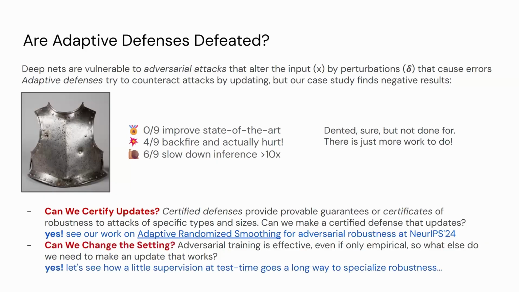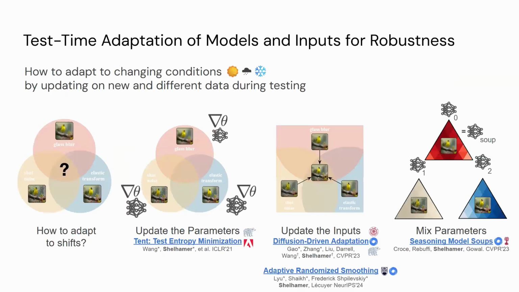And now for changing the setting, there's also something we can do here that I want to show you briefly, where we're going to need a little supervision. So like a few shot number of labels. But with these labels, we're going to be able to specialize our robustness, even after training, to do better. So while these adaptive defenses failed because they're purely unsupervised, there are other settings where we can help. So right, if we go back to our families of methods,